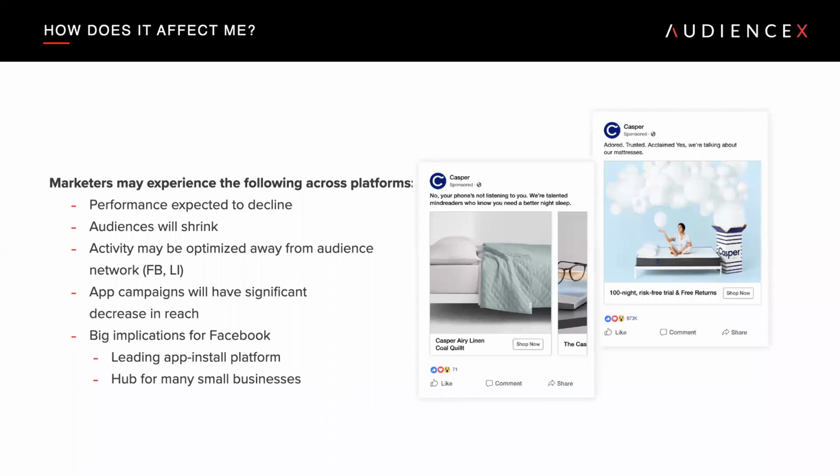Number one being that they're a leading app install platform, so they're going to have a huge hit to their app install business. And Facebook is a hub for a lot of small businesses. So all kinds of local advertisers have quite a presence there. And as we said, small DIY businesses are going to be affected as well.